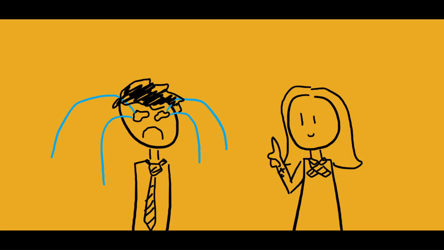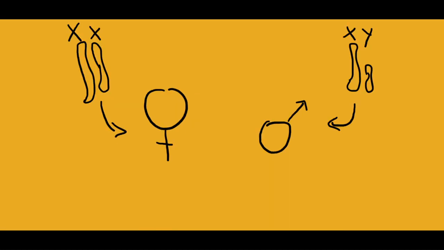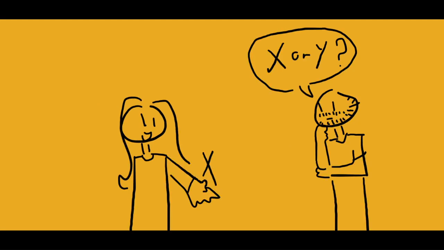However, inheritance works differently in the 23rd pair, as depending on the sex of the offspring, they may have a different chance of displaying a certain gene. This is because males and females inherit a different combination of sex chromosomes. Two types of sex chromosomes are X and Y chromosomes. The combination of two X chromosomes creates a female human, while inheriting an X and a Y chromosome creates a male. A mother will always give an X chromosome because she only has X chromosomes to give, while the father is able to pass down either an X or a Y chromosome,